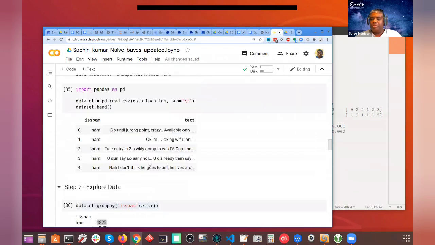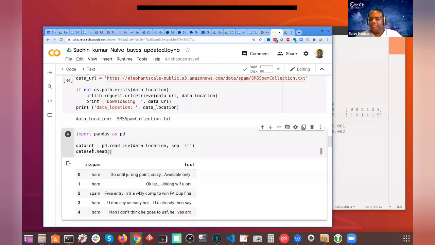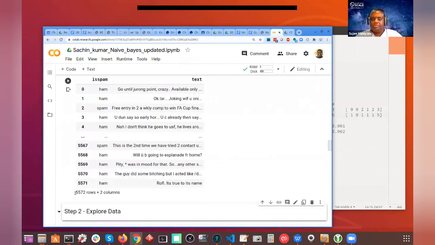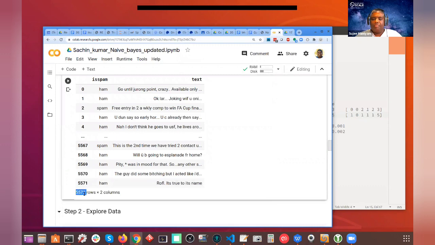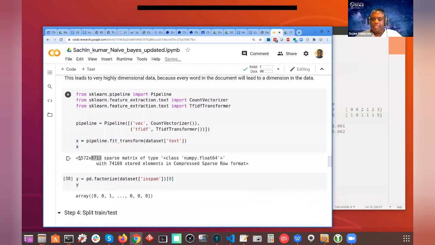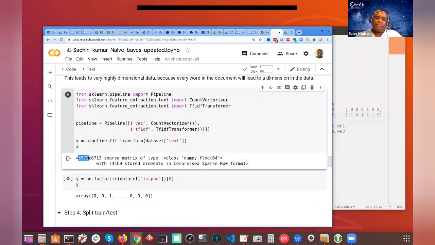How much data do we have? I'm just kind of curious. Let me do this. Yeah, right. So how many rows? 5500 rows, and each row has those columns. So you can imagine a matrix with 5500 rows, but 8700 columns. All right, guys, let me take a minute here and look at some of the questions you might have.